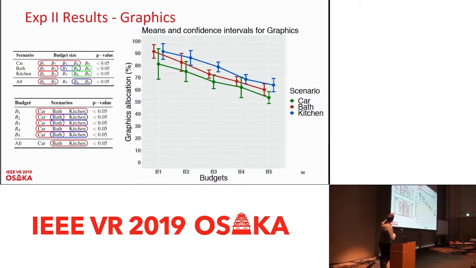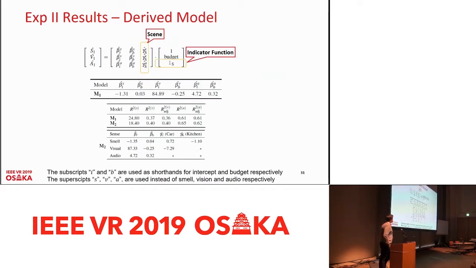But what we can see here is that when scenario and budgets are considered, actually the attribution of this computational resource on the participant level is pretty similar across low budgets and pretty similar across high budgets. So that's B1, B2, and B4, B5. And those groupings are effectively saying there's no significant difference between allocation of computation across those budget levels. So across this observed information, we built a model, well, technically two models actually,